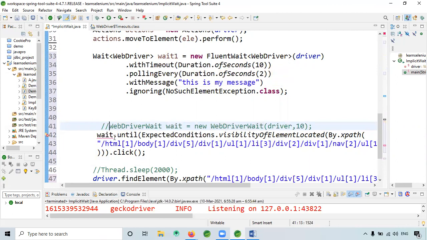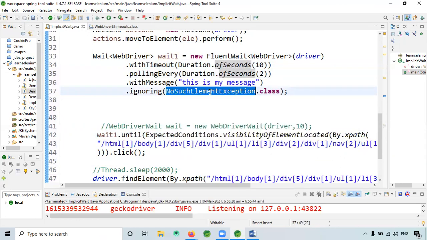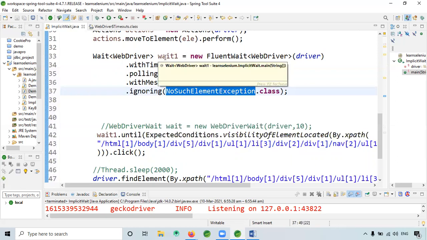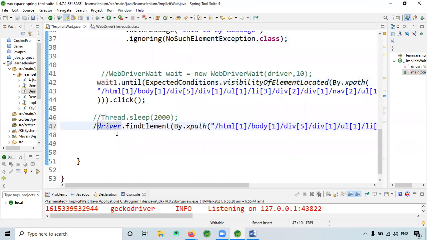See here, wait1 I will give. It is just like every 2 seconds within 10 seconds, it has to check, ignoring the NoSuchElement. So that wait I'm giving here: wait until the visibility. I will comment this one.